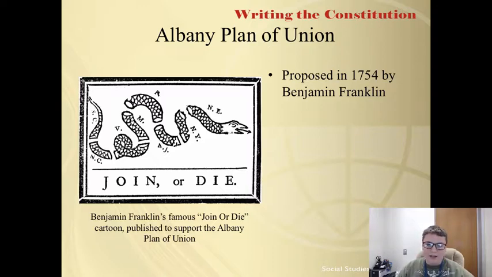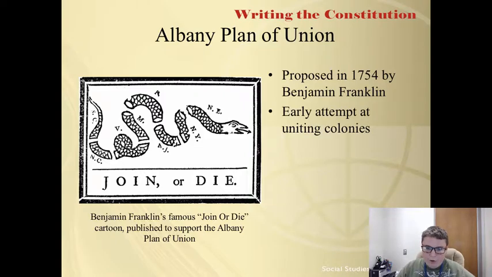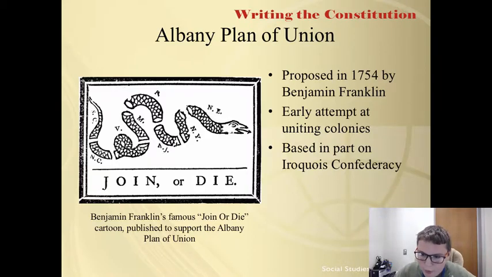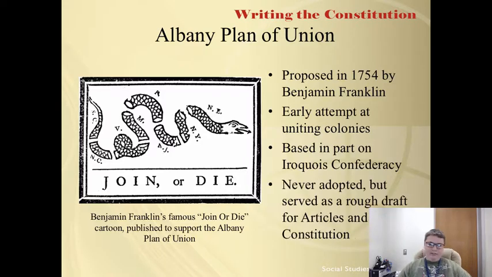Franklin's plan called for the British Parliament to create a general government for the colonies, with a crown-appointed president as well as a Grand Council, a legislature in which wealth determined each colony's representation. In addition, the Albany Plan allowed for a confederation that would include both the colonies and various Native American tribes. While the colonies never adopted Franklin's plan, it did serve as a model for subsequent schemes of government, including the Articles of Confederation and the United States Constitution.